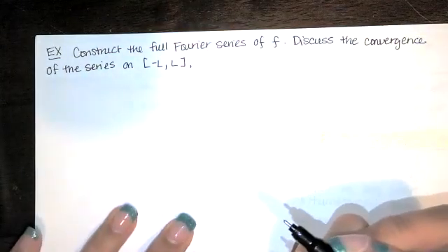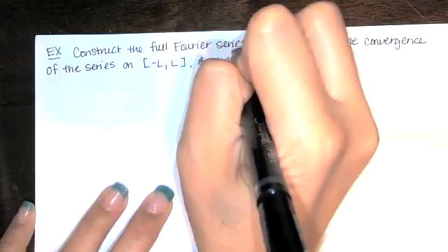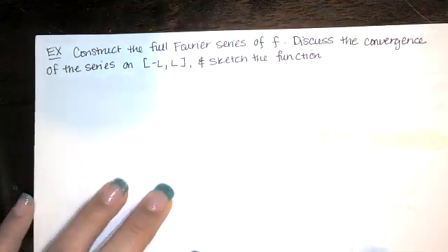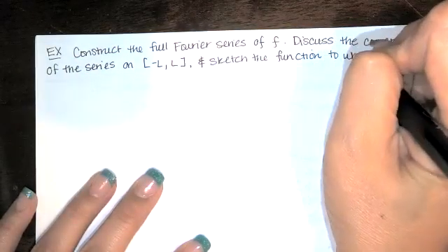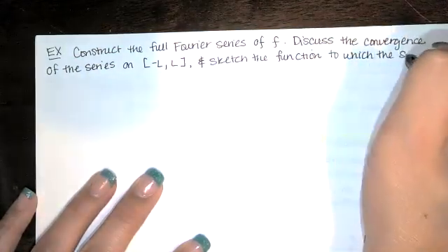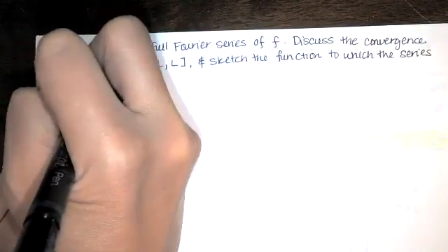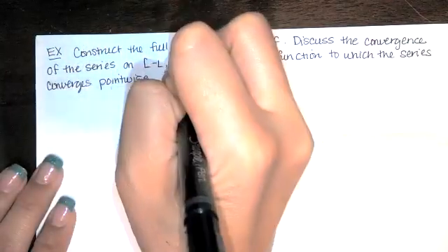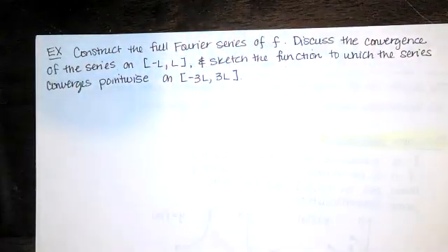And then we also want to sketch the function to which the series converges pointwise on the interval from -3L to 3L. So basically, we want to sketch 3 periods of that periodic extension